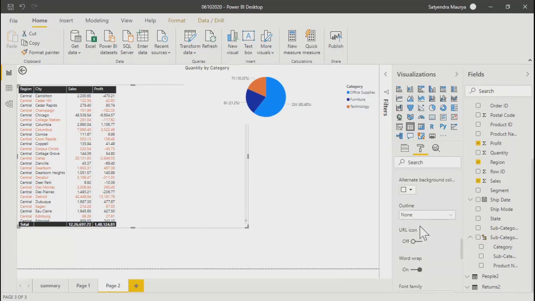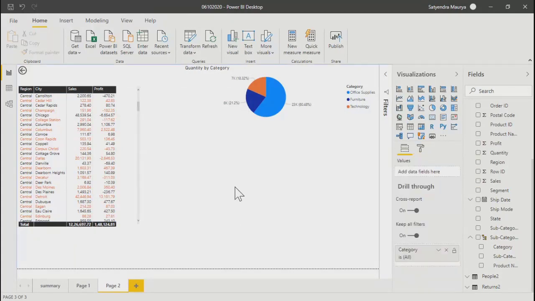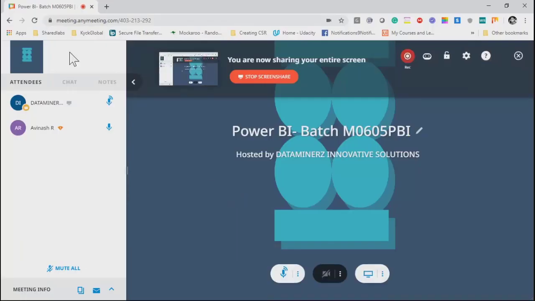Outline for the table you want to give, URL icon you want to give, like URL means, let's say when you publish this report, if you give some URL icon, do you know favicon? What is favicon? For example, I'm on anymeeting.com.